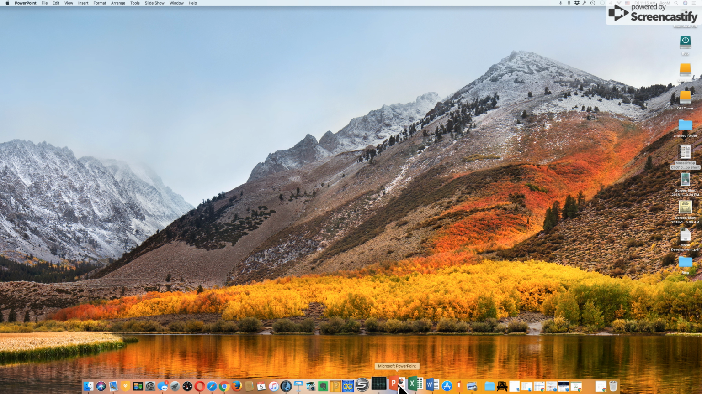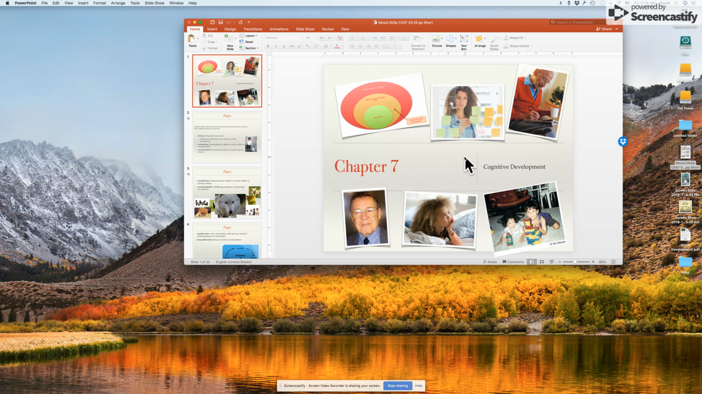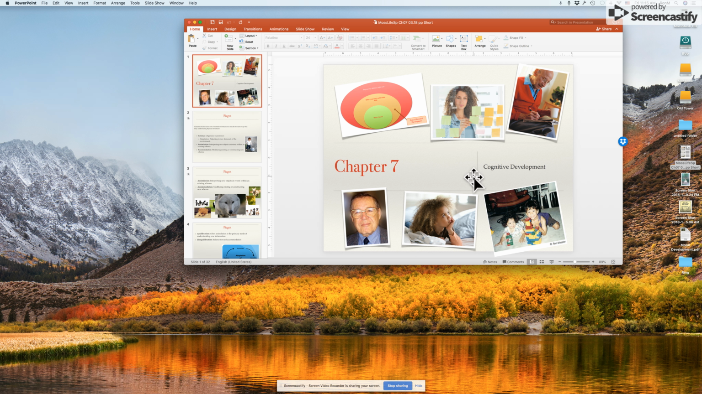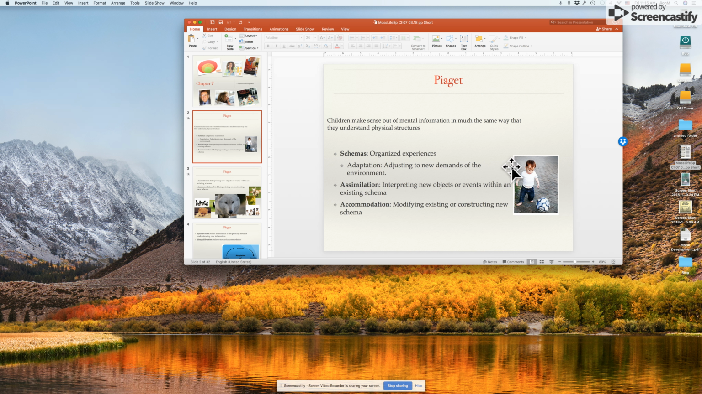So here's PowerPoint, I already have it open. So here's a preview of chapter 7. You haven't seen this before, but all these pages over here that I show in class are essentially an 8.5 by 11. They're a little bit bigger than that, but when they print out, for instance, they're 8.5 by 11, and the